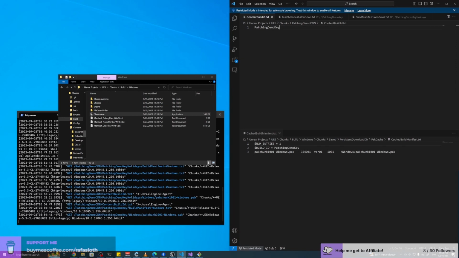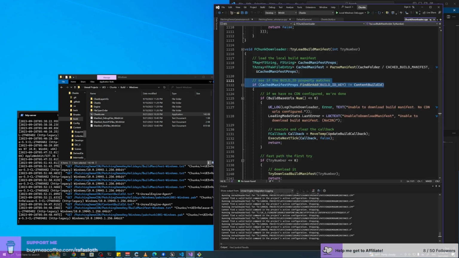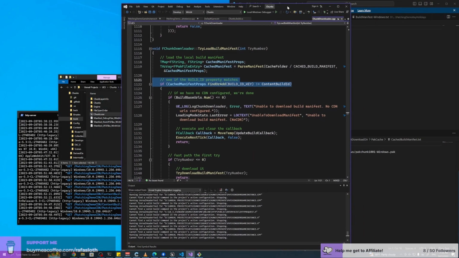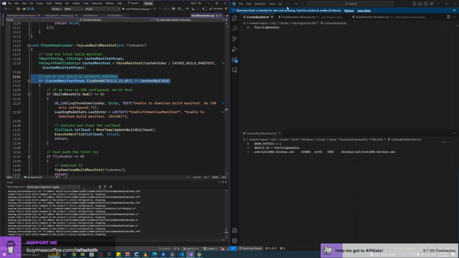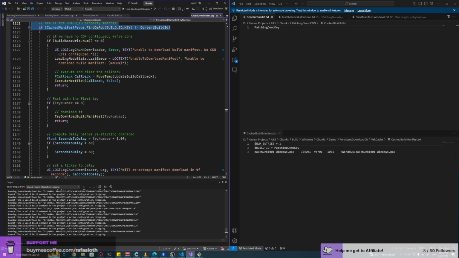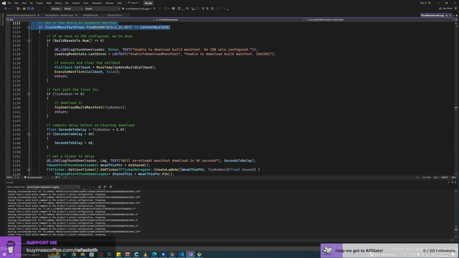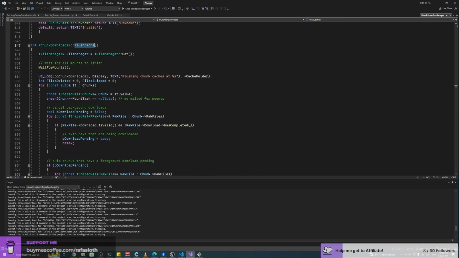Well, the other way is to try to purge the cache manually and just change the behavior of chunk downloader if you don't like the default behavior, because this is just the default behavior, but you can change it. So that's actually one thing I have pending for another part of this tutorial series, which is Chunk Downloader has functions to purge the cache, flush cache. That's pending for another video.